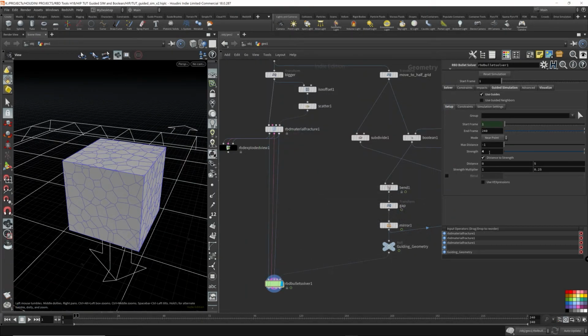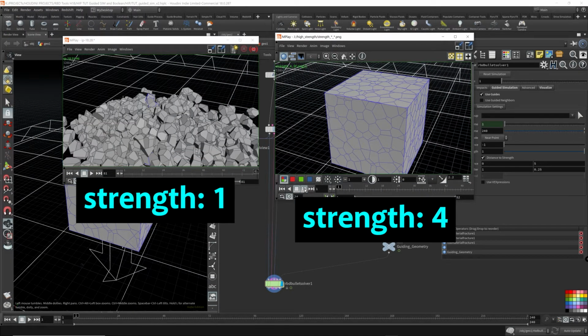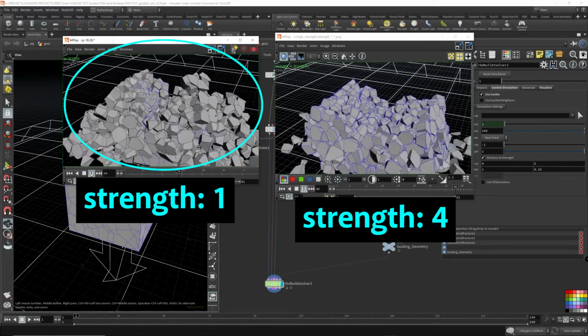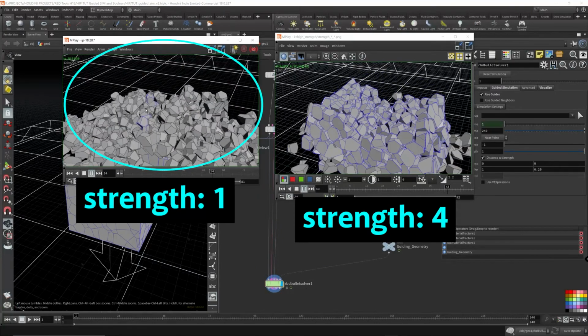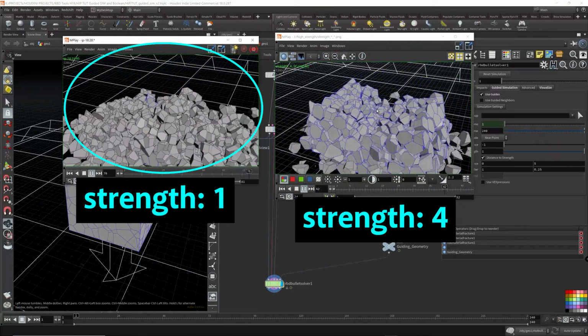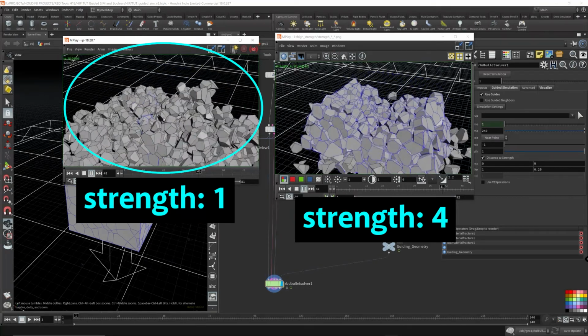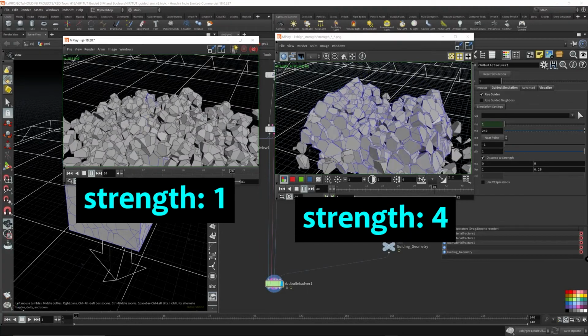I'm going to make another flip book. Okay, I just want you to compare this one and this one. The one on the left has the strength set to 1. It doesn't shake, I mean, it doesn't shake as much as this one. This one is on the fritz. This one here looks more natural. So that's what happens when you have the strength of the guiding simulation set too high.